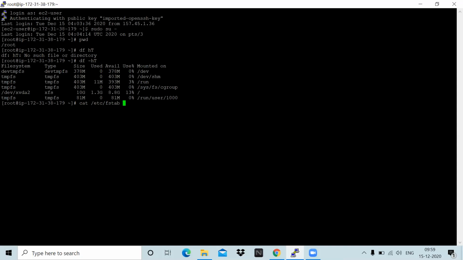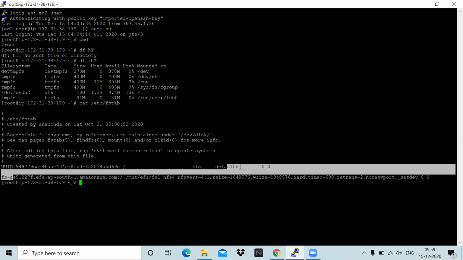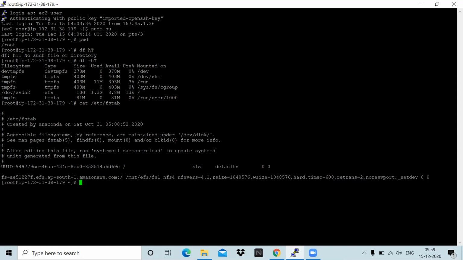Enter. Now you see the last line, Created by. Okay, so you had not modified that. It was /mnt/efs/fs1 for you. I had changed that path, so my path is different. Yours is different, the /mnt/efs only, that was the default.